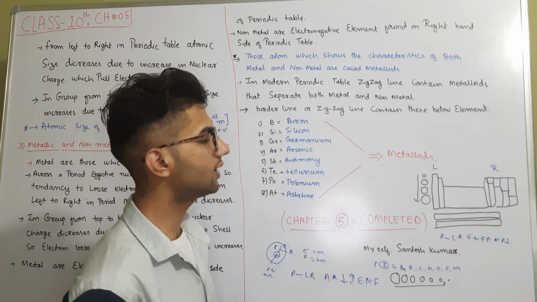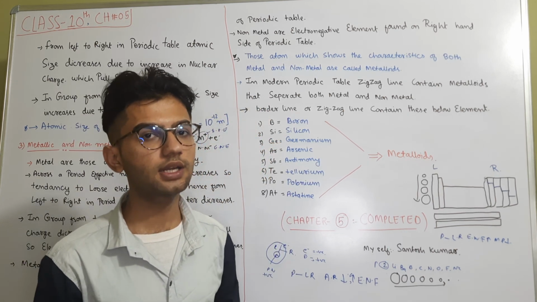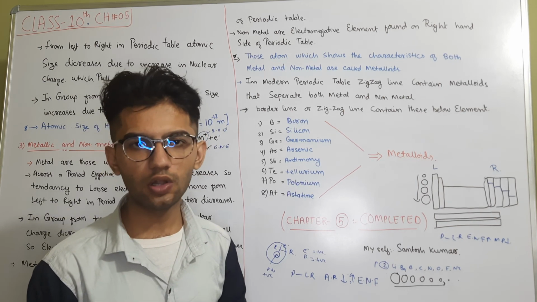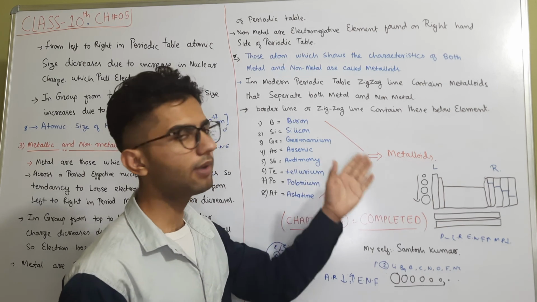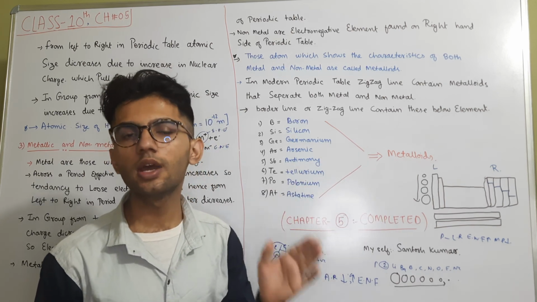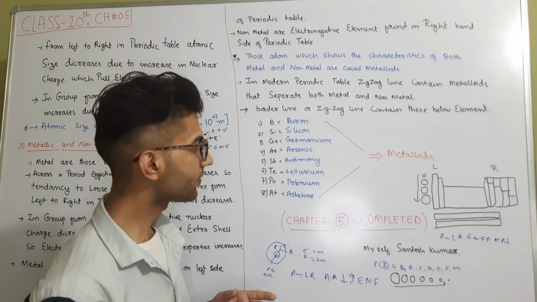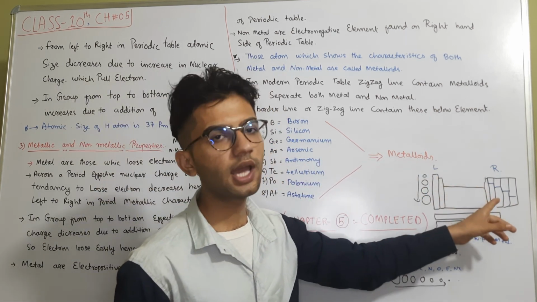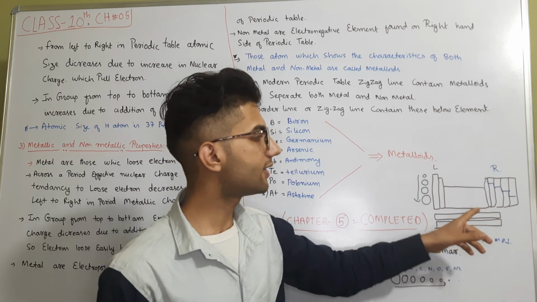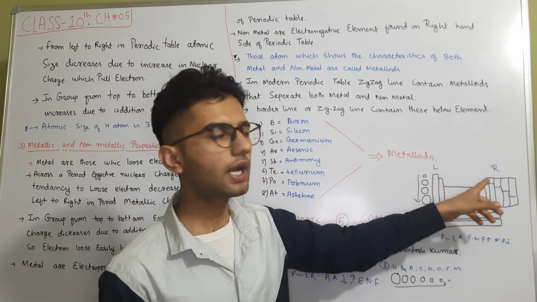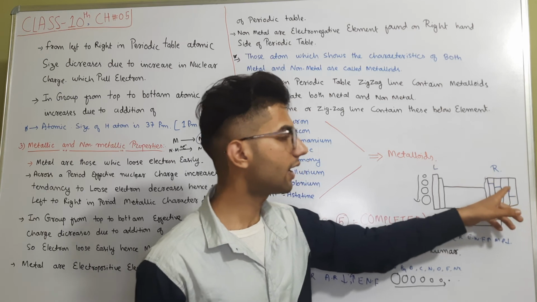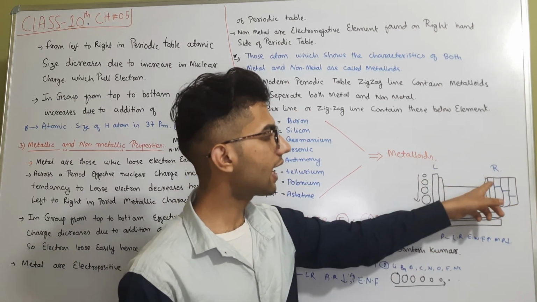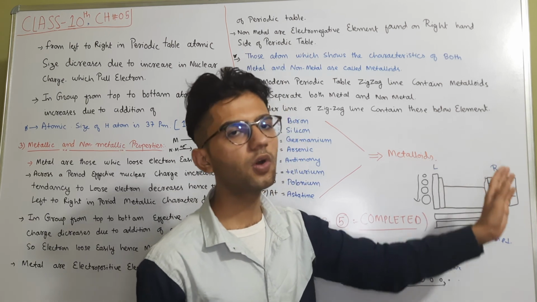Now, elements that possess the characteristics of both metals and non-metals, what should we call them? We call them metalloids. Metalloids are elements which contain the properties of both metals and non-metals. In our periodic table, on the right-hand side there is a zigzag line, just like a border between two countries. Here there are no two countries, but two types of elements, metals and non-metals, and the zigzag line separates them.